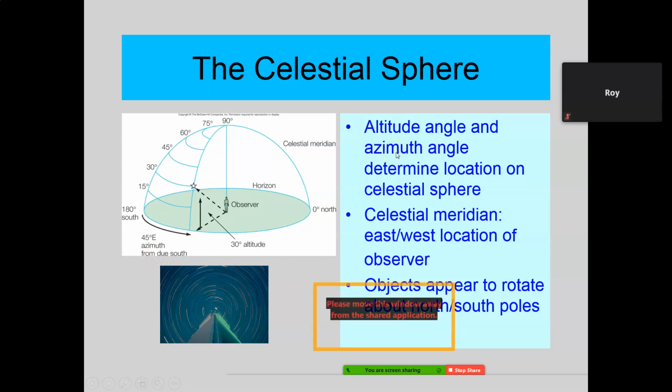Now, don't get too bent out of shape about this, but this is how we would identify that star. It's 45 degrees east of due south and 30 degrees north of the horizon. That identifies exactly where that star is for that person. Some person in another country or somewhere else would look at the star and it would be different. But for this person, where he is standing right there, it's 45 degrees east of due south, 30 degrees north of his horizon.